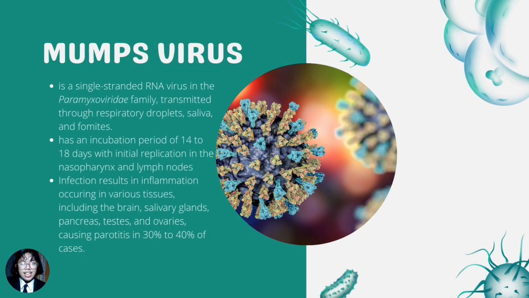I should be ready. The mumps virus. This one is similar to rubeola. It is a single-stranded RNA virus that belongs to the Paramyxoviridae family, genus Rubulavirus. It is transmitted from person to person by infected respiratory droplets, saliva, and fomites, and replicates initially in the nasopharynx